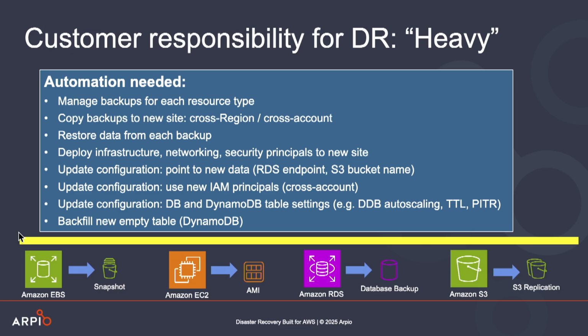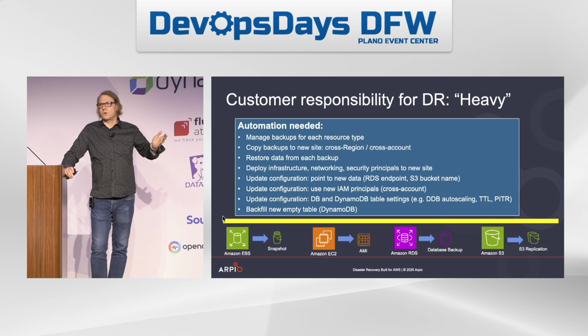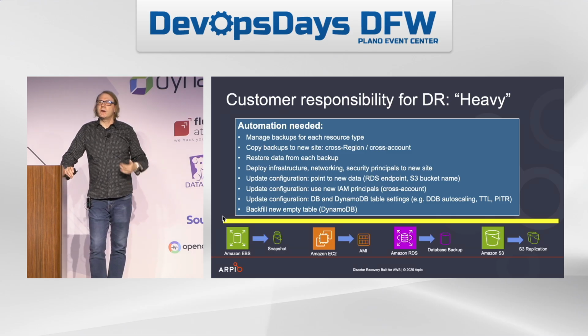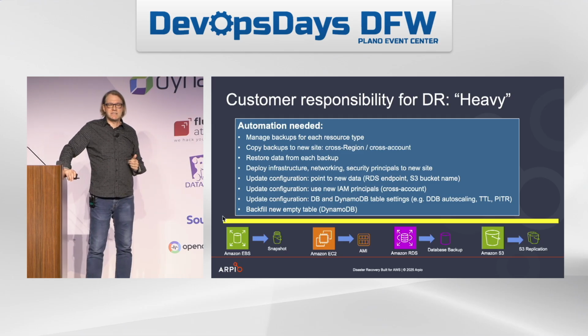In this case, we're making use of the very powerful primitives that AWS provides. AWS provides the ability to back up every data store, to replicate your S3 buckets, to do all kinds of things on a resource-by-resource basis to back up your data. But that means to create an effective disaster recovery solution, you have to do all the stuff on the top. And I'm not going to read you every bullet, but for instance, you're going to have to set up the backups across every resource type. You're going to have to set up the restore across every resource type. You're going to have to copy those backups cross-region, cross-account. Networking and infrastructure, not even covered on the bottom here. You're going to have to restore that yourself. So there's a lot of responsibility. So I call it the customer responsibility heavy model.